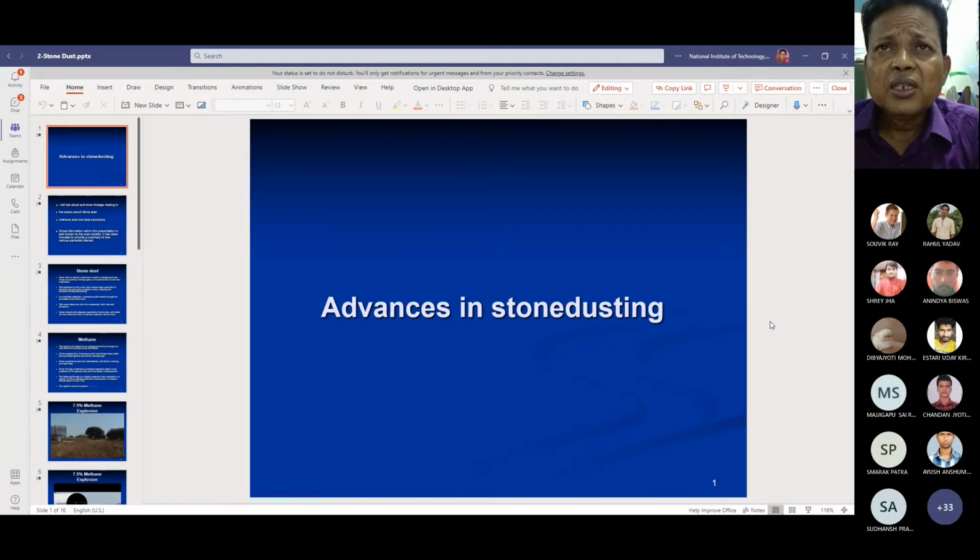So besides the stone dust barriers, we have also discussed water barriers. Water is used in the mines for extinguishing the coal mine explosion fires. Similarly, trigger barriers are also used in the mines for reducing the risk of explosion in the mines. And the stone dust is the most important dust used in the mines for the control of methane gas explosion, as well as to control the coal dust explosion.